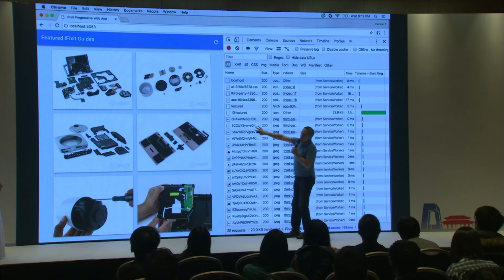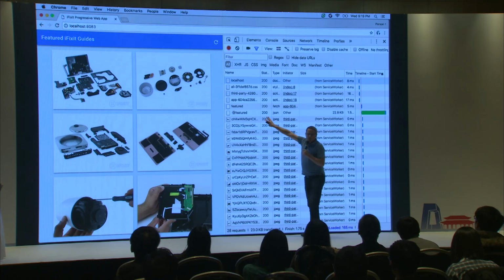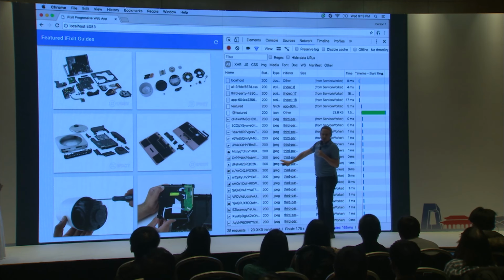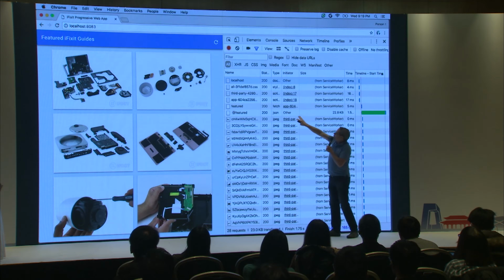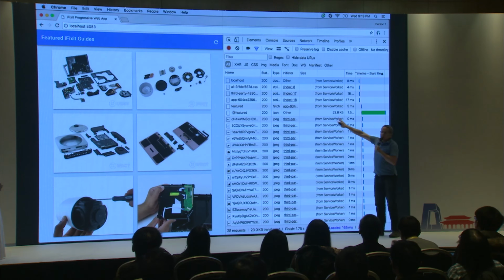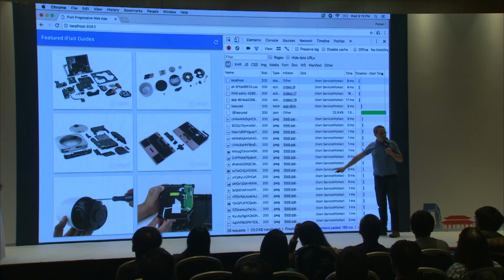So here's the file that was requested. The HTTP response code, so 200, awesome, okay. Actually, I guess it's not awesome, it's just okay. What kind of file it was, who made the request, and then here, the size of the file.